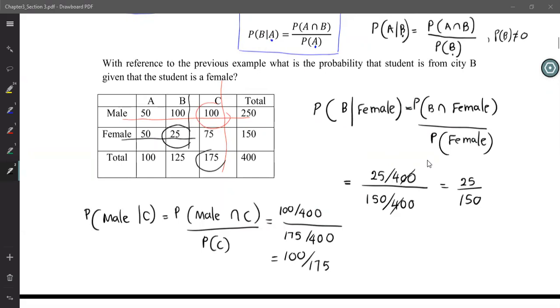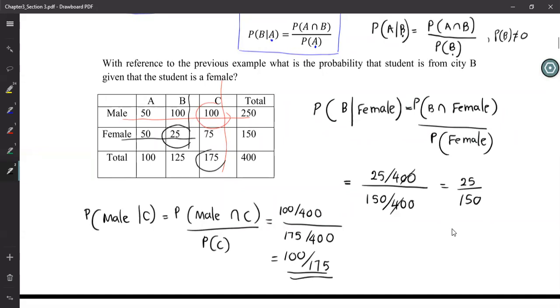Okay, you have the wrong answer. This is your P(C). What is the probability of C? 175 over 400. Okay, so it is 100. Given C, P(C) is 175. Yeah, I think you got it. So be careful, right? With the given one, the columns and rows don't make the mistake, right? Any question on this one? Do you need the explanation again, or is it okay for all of you? Is this okay?